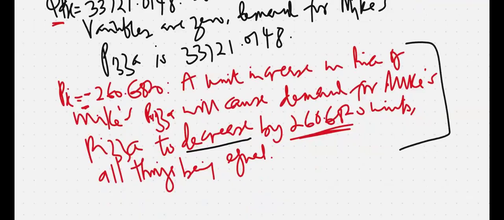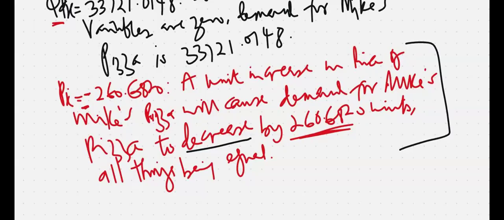So however you write it, it must establish the effect of the variability in the variables, and also the impact of the variability on the dependent variable. So here, demand for Mike's Pizza is the dependent variable. The price of Mike's Pizza is the independent variable. The variability is the change, whether it increases or decreases. The price of Mike's Pizza increasing or decreasing, which is the variability, has an effect on the demand